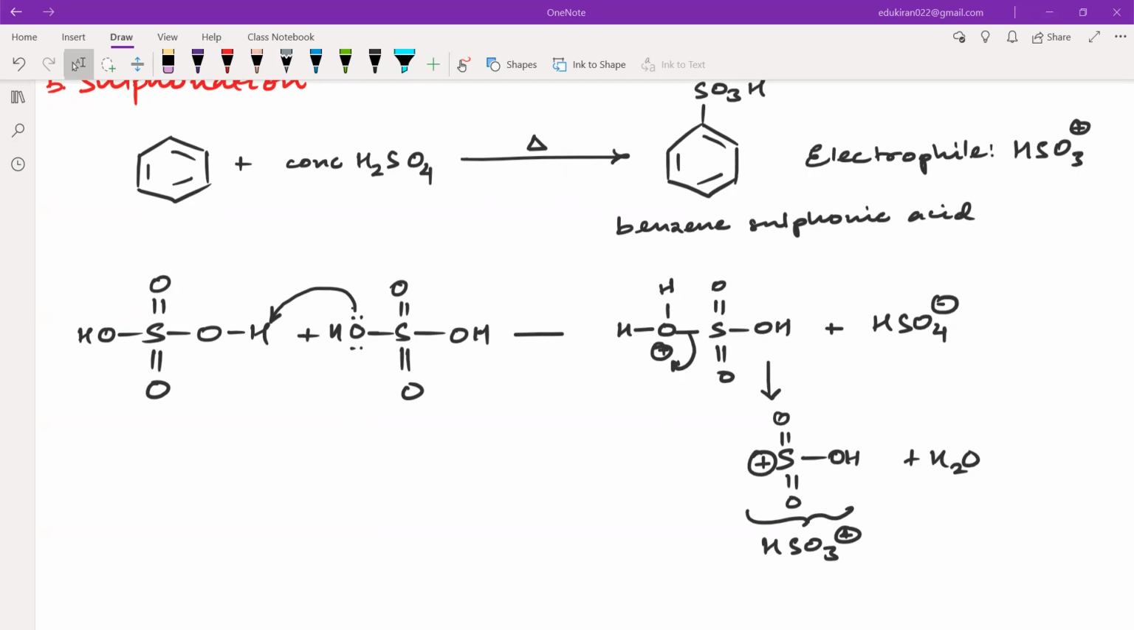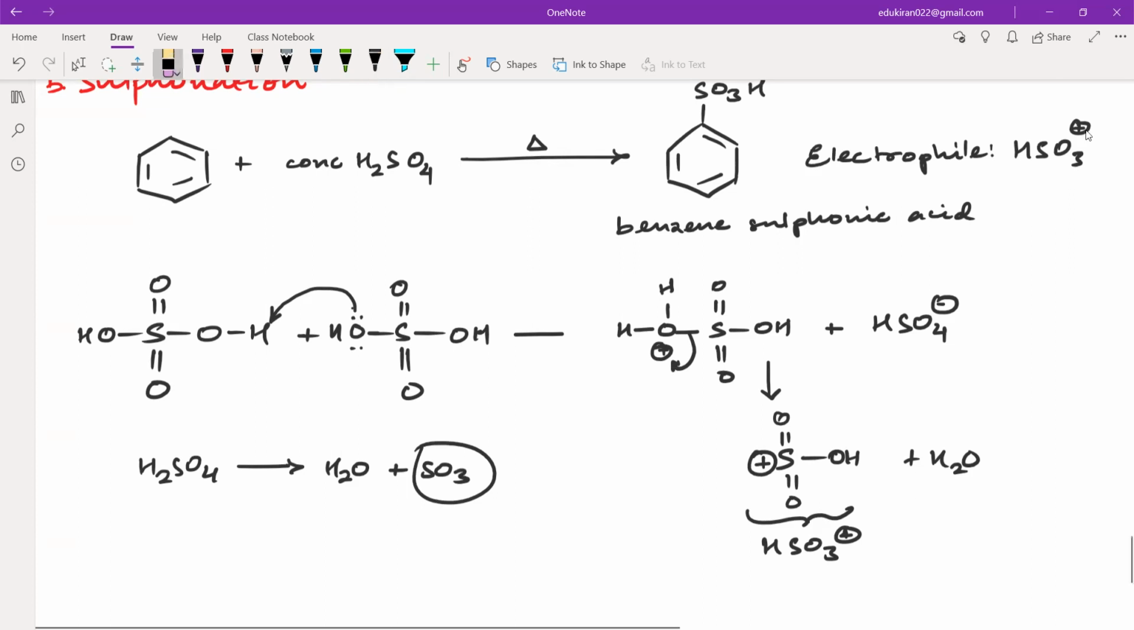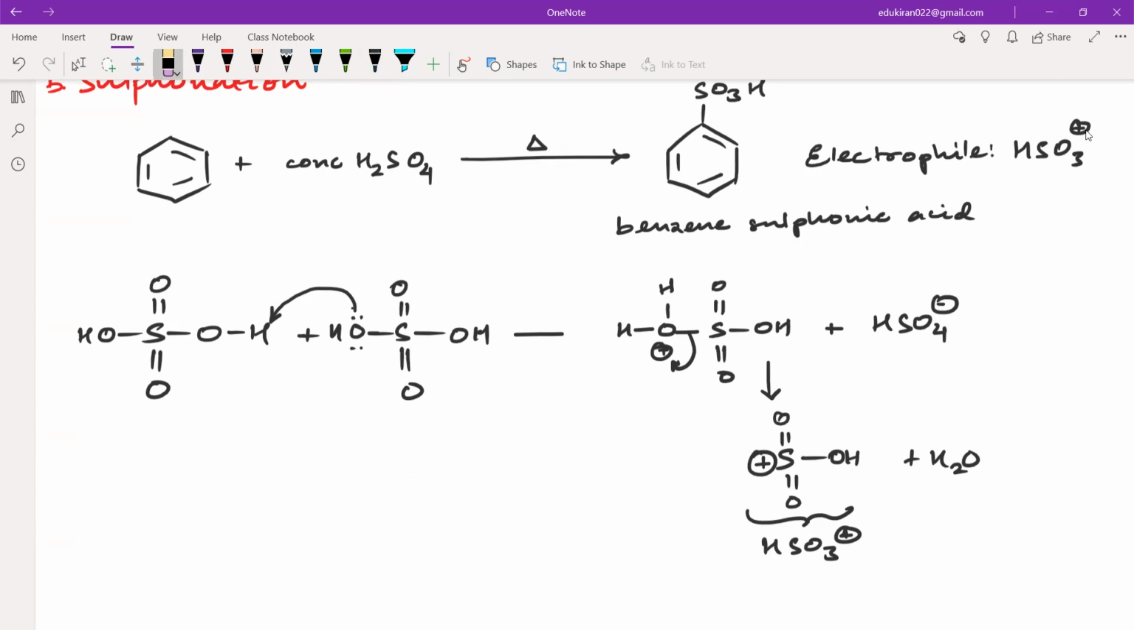Now there is another mechanism in which they say that we have an SO3 molecule that is also present. If you look at H2SO4, it can decompose into water plus SO3. So whenever you have H2SO4, there will be some oxide of sulfur present. There is another mechanism in which you have